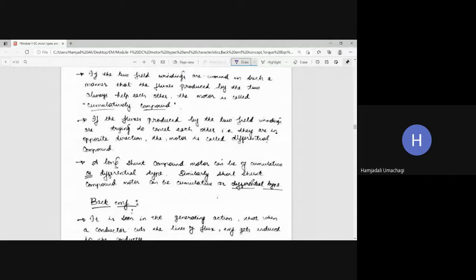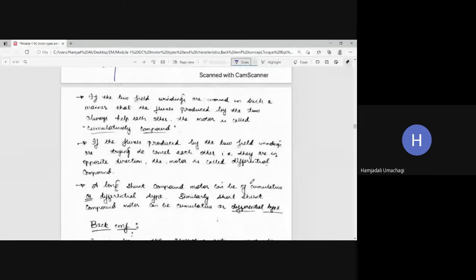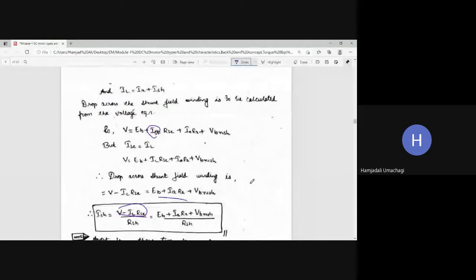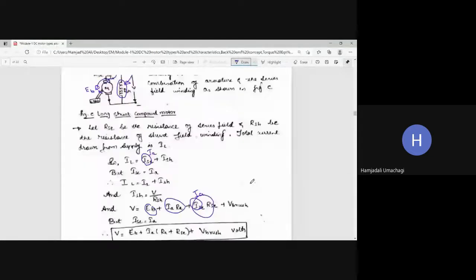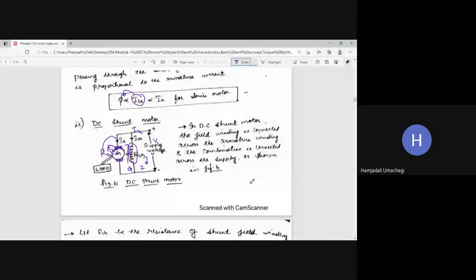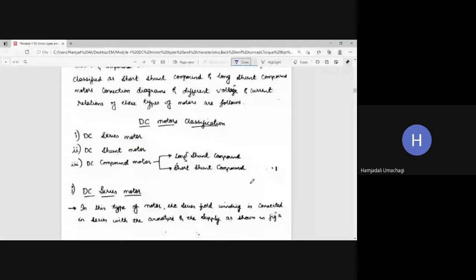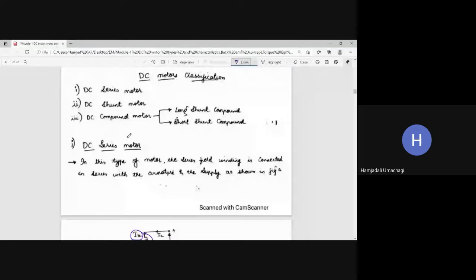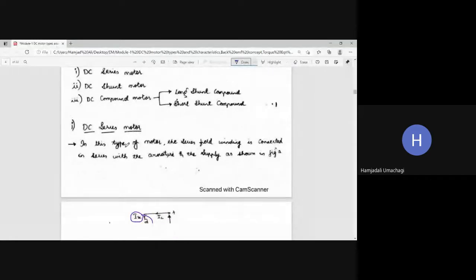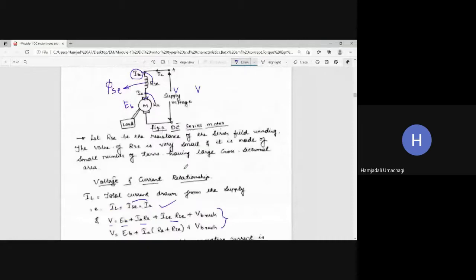So this is one of the important questions which will be asked for 8 to 10 marks in the final VTU exam. What are the different types of DC motors? Explain. If this is the case, then what should you do? First, you should list the different types of motors. First, you write the classification: DC series motor, DC shunt motor, DC compound motor, and one by one you explain it. DC series motor, draw its circuit diagram, then write its voltage and current equation, then write the characteristics of the series field winding. It has a small RSC ohmic value. It will have fewer turns but a large cross-sectional area.